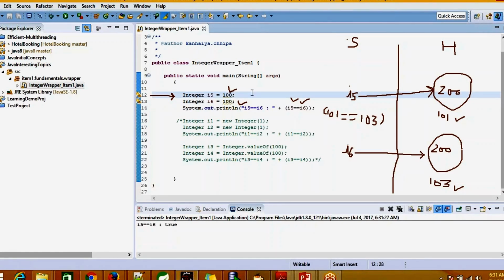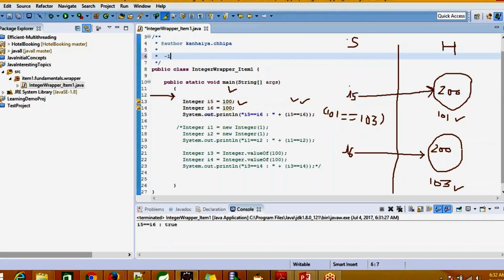So what is hidden behind the value change? If I have value 200, it was giving me false, and now I have value 100, then it is giving me true. So let me explain this to you guys. That is an interesting fact about the wrapper class. Guys, for the Integer wrapper class, what the Java developers or the Java librarian have done is that from the value of minus 128 to positive 127, they have cached everything.